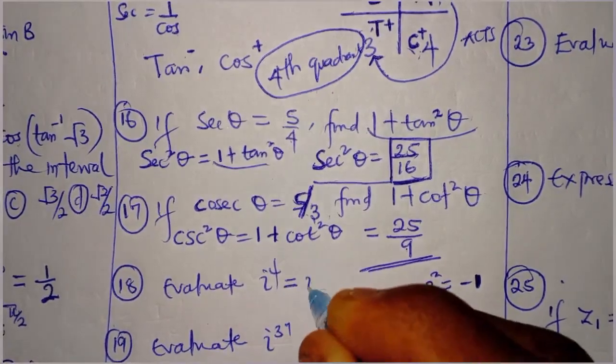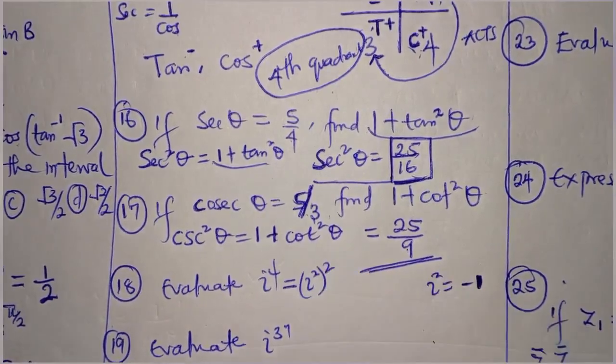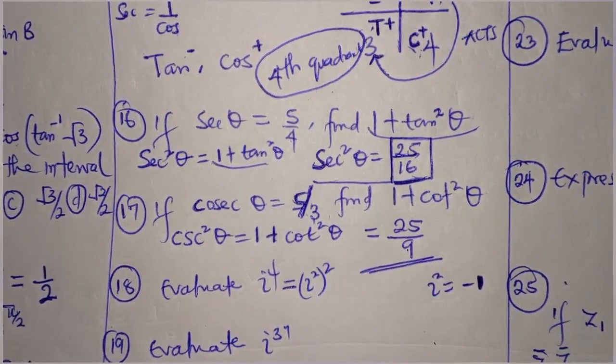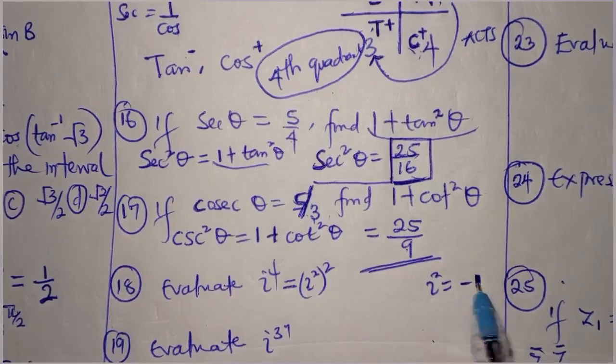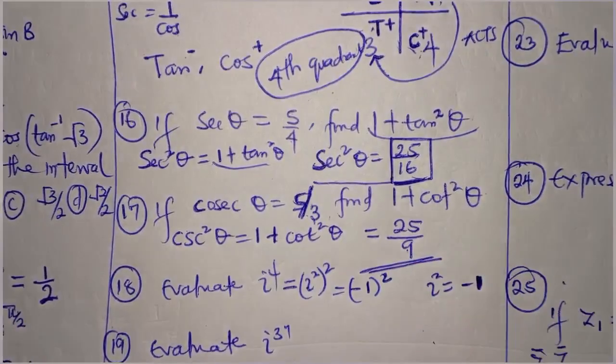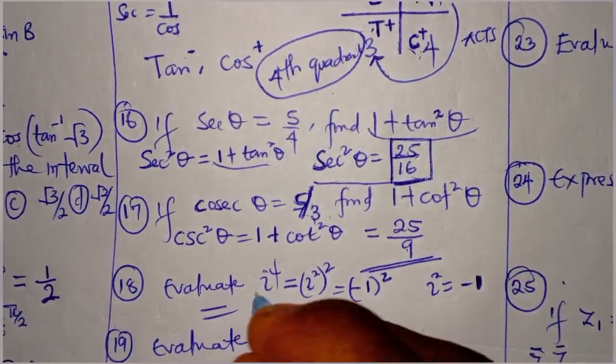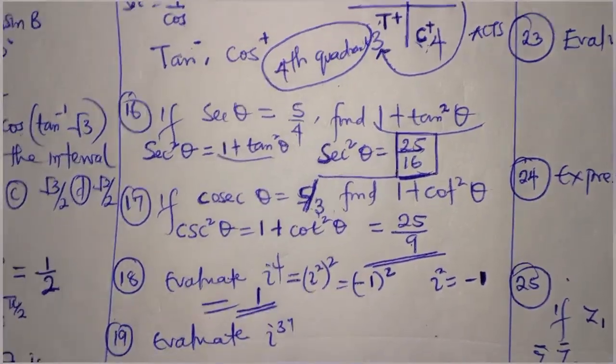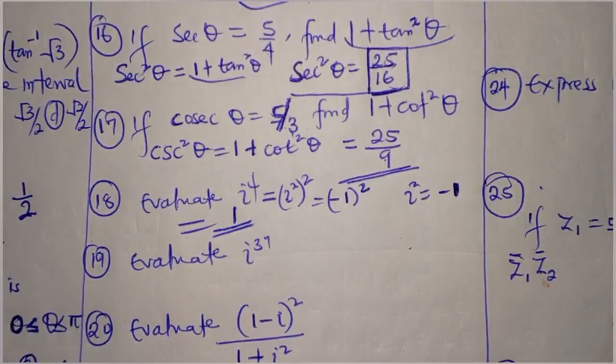I to the power of 4 is I squared all squared, true or false? So in place of I squared, I will now write -1. And -1 squared is equal to 1. The answer is 1. Similarly, if you have to evaluate I to the power of 37 now in question 19,